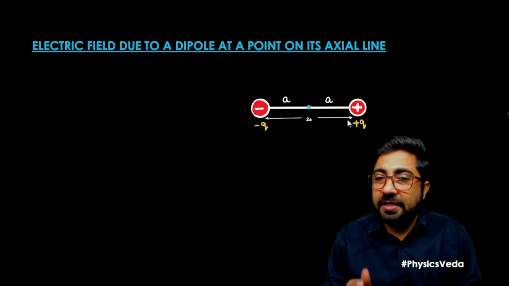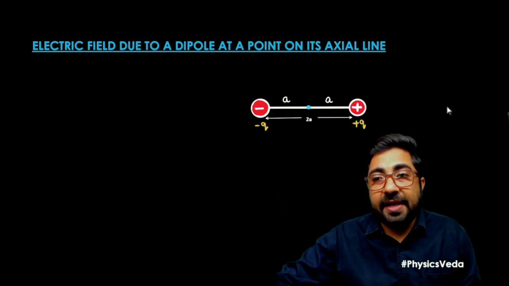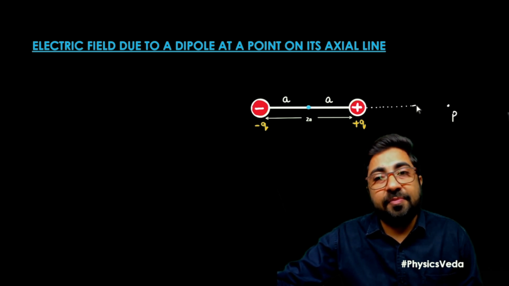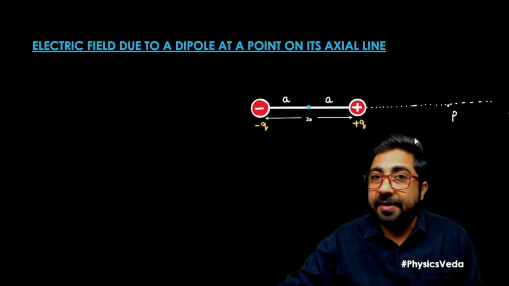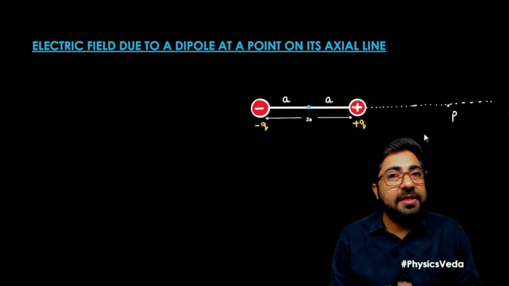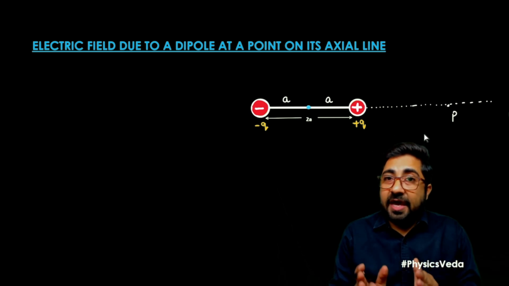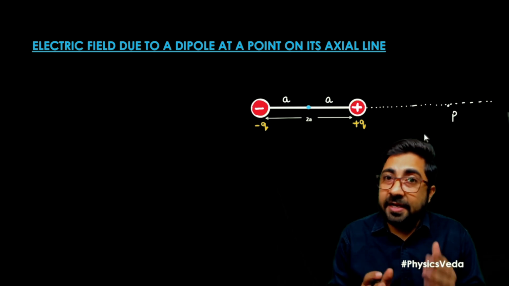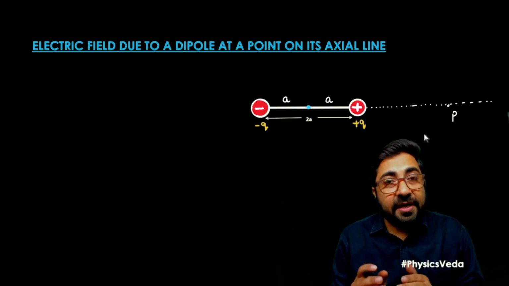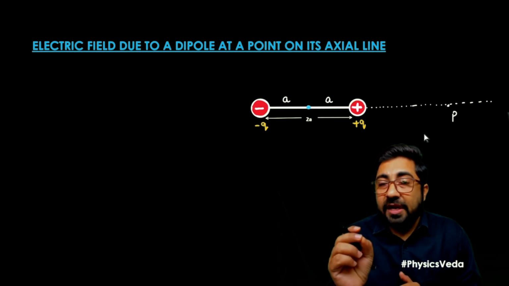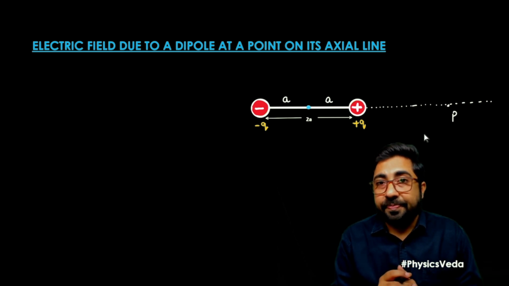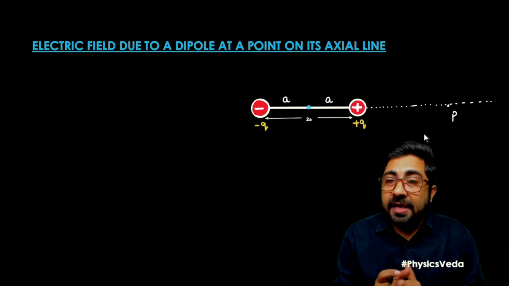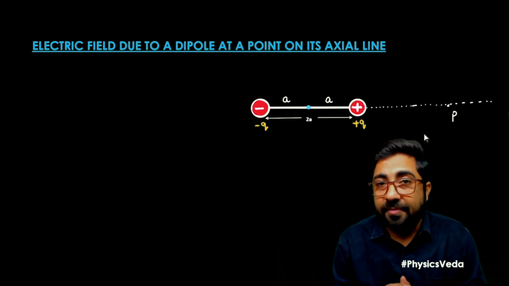With the help of the figure, it is very clear here. If I take any point that lies on the axis of the dipole, that point is on the axial line. At this point, we have to calculate the electric field. Since we have two charges in the electric dipole, one positive and another negative, we have to calculate the electric field at point P. Simply, we can calculate the electric field intensity at point P with the help of the superposition principle.